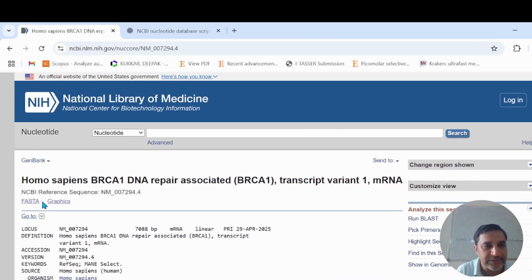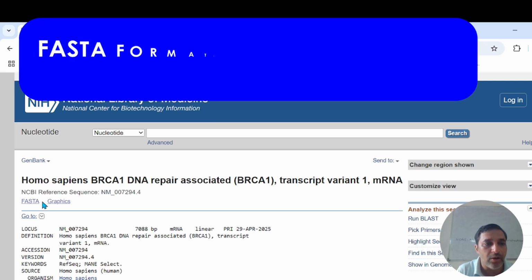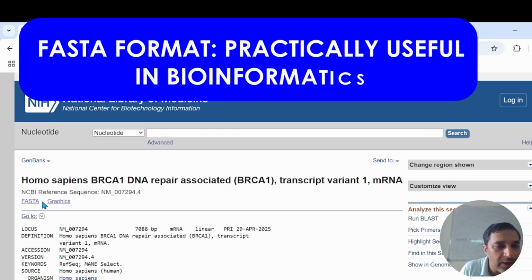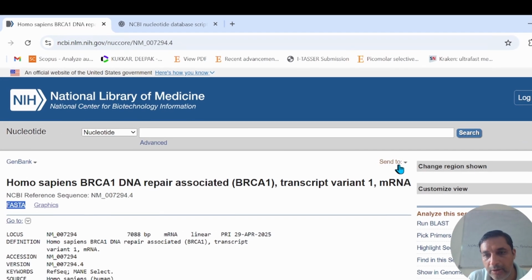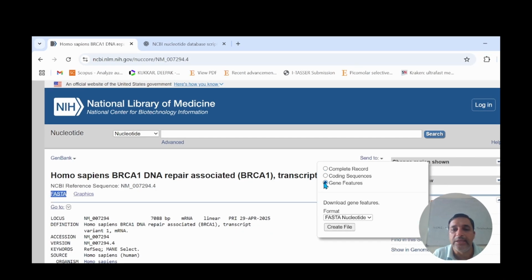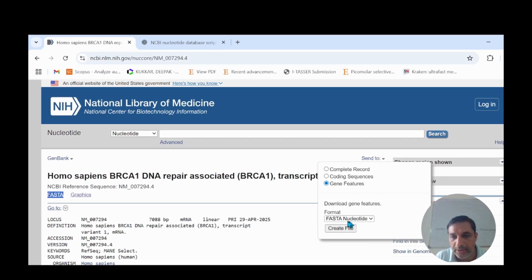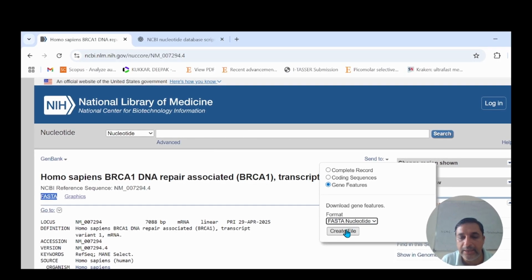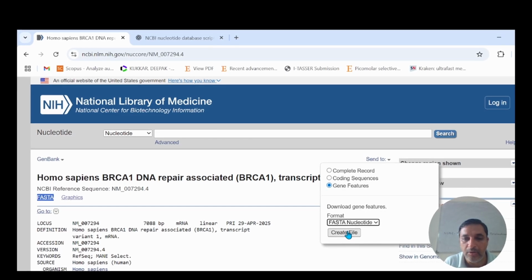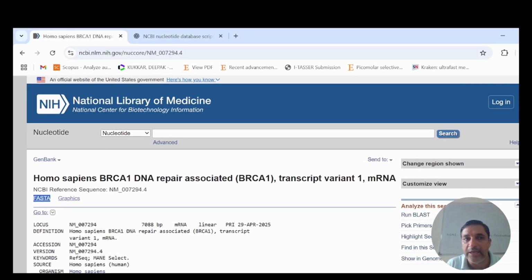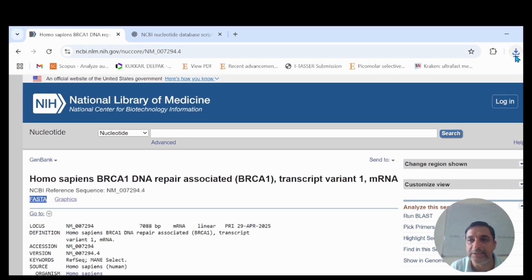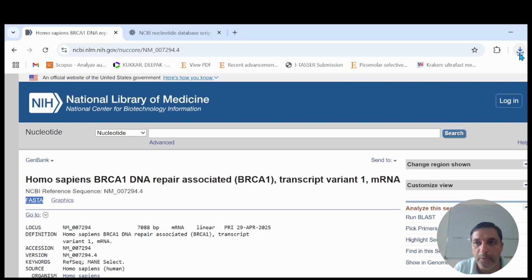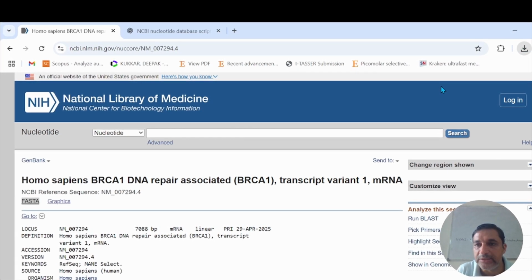However, for practical purposes, it is required to transform these sequences into a FASTA format. So for this, just click on the Send to option and select the Gene Features option, and herein you will see the option called FASTA nucleotide. Just click on the button called Create File, and you will see that in a few seconds your desired sequence is downloaded into the download folder. You can just move to the download folder or the desired folder, and